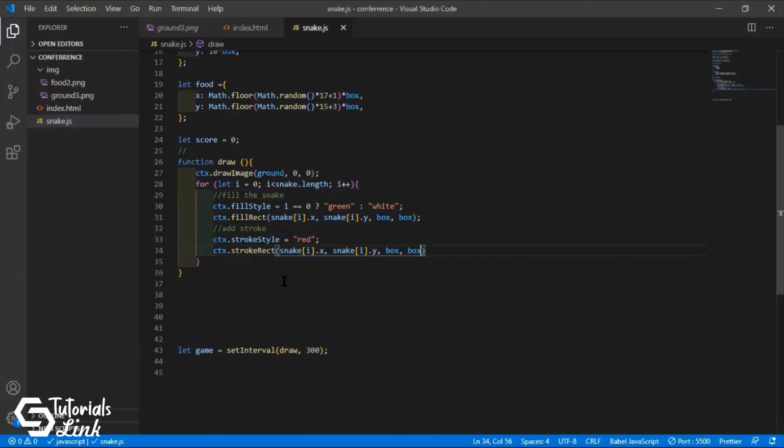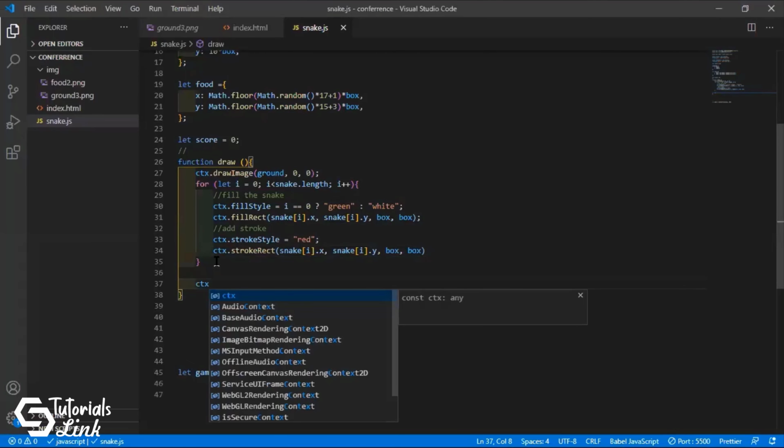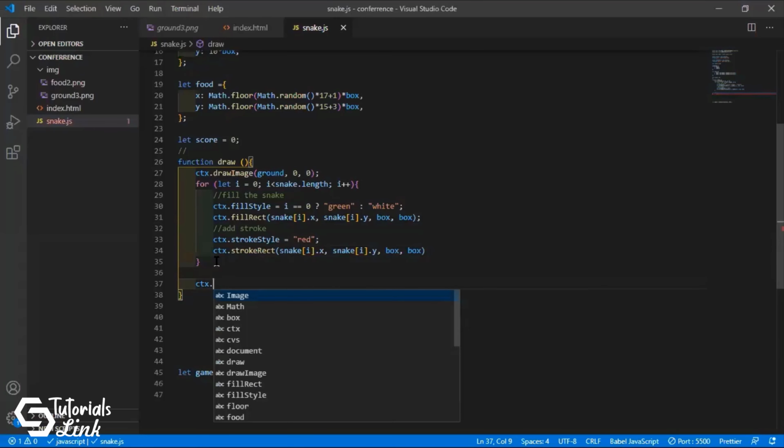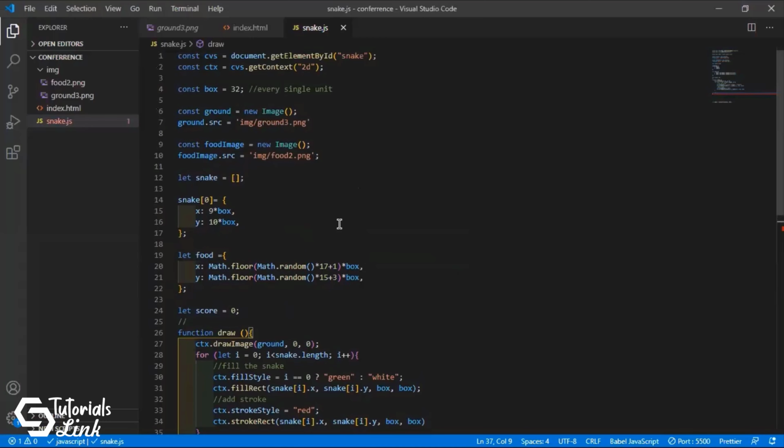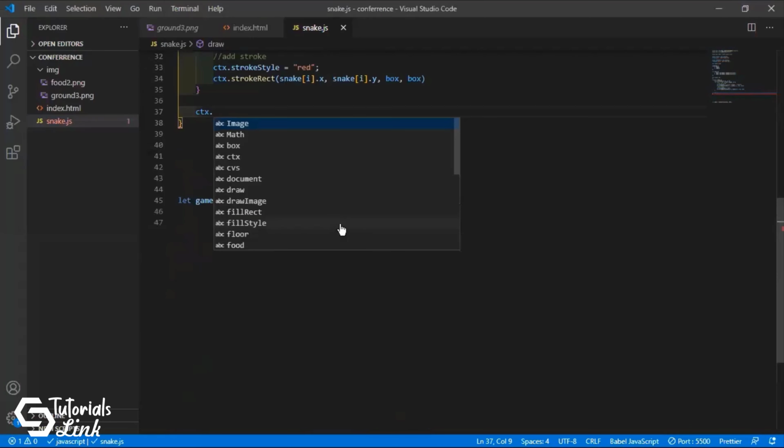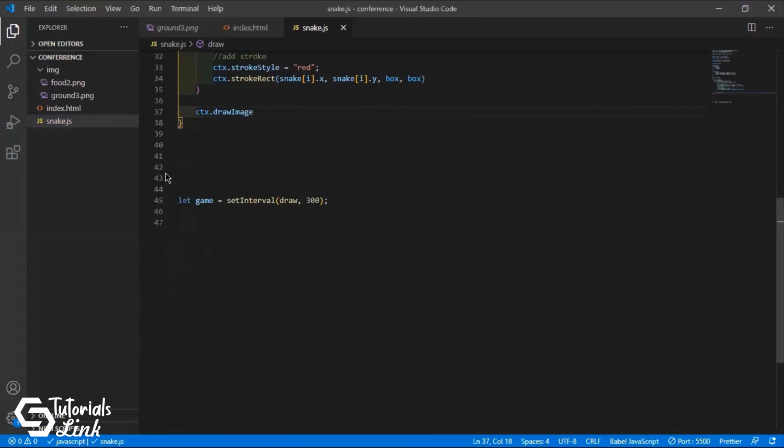So after this, we have to draw the image. It will be out of this for loop, not inside the for loop. So similarly, ctx. What was the name of this thing? Food image, right? Yes, food image. But we will use drawImage, and then we will use the name foodImage, and where it will be placed.